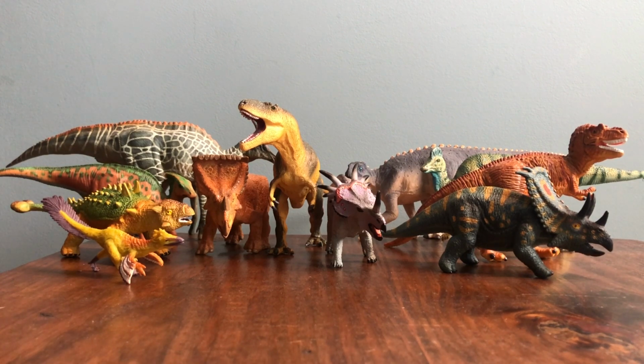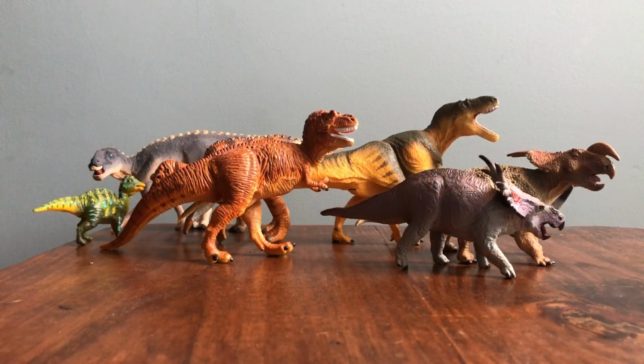So as you can tell, this was a very rich ecosystem that included a lot of ceratopsians, a lot of hadrosaurs, and 2 very large predators. Because, I mean, the amount of prey there was, it allowed 2 predators, but it was still a very rich ecosystem. Next up, we have the Two Medicine Formation, which part of is in Alberta and part of is in